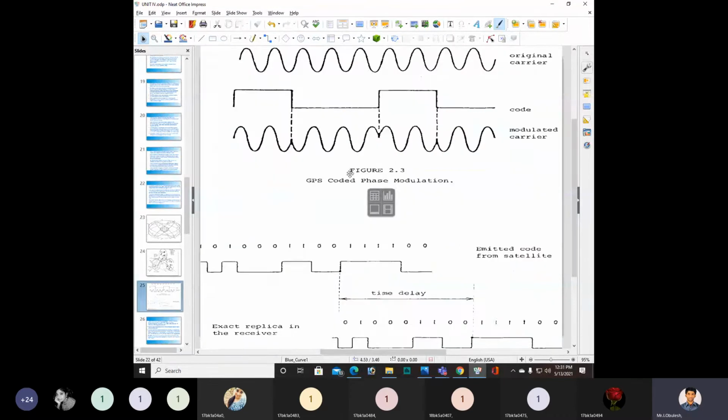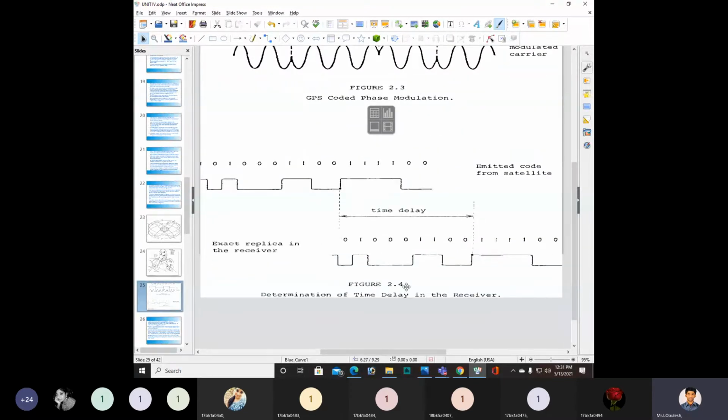You need to see that. This is the emitted code from the satellite, right? This is the exact replica in the receiver, with the time delay.